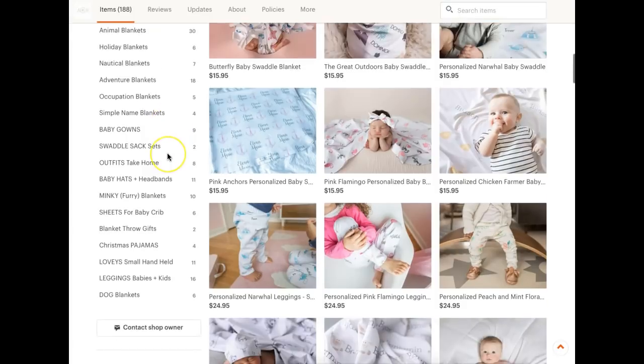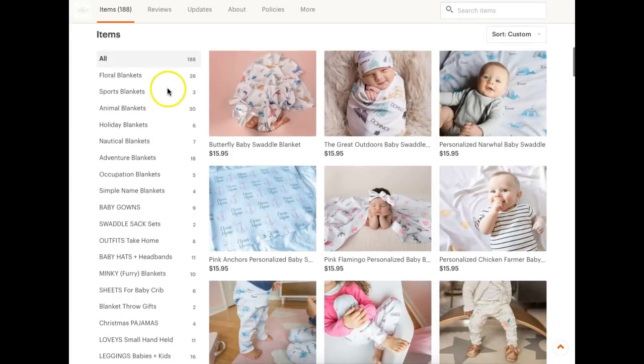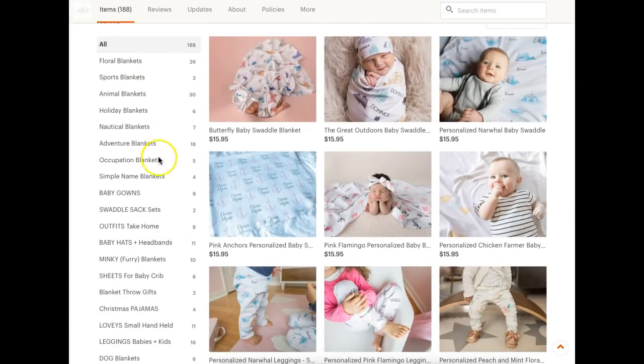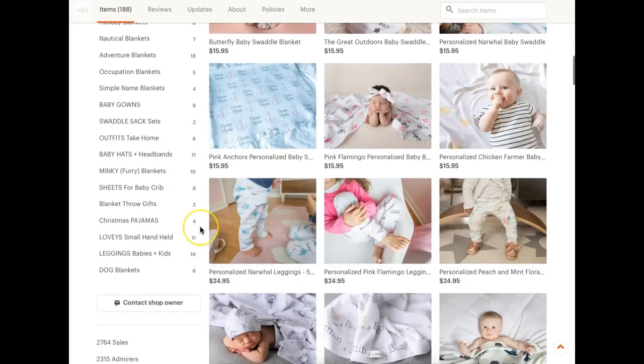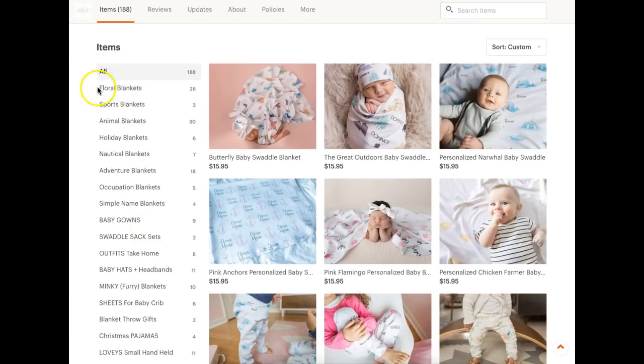188 items is awesome. You do have a little bit of distraction here. You have all of these categories. Some of them are in all caps, some are not. It goes in, out, in, out, in. Very choppy. So what we recommend is that you put these in order from the smallest word or phrase